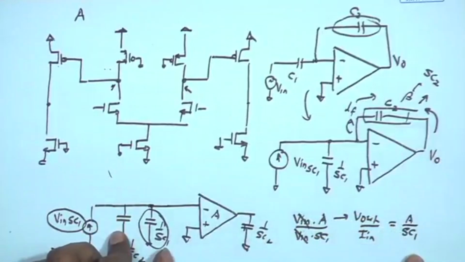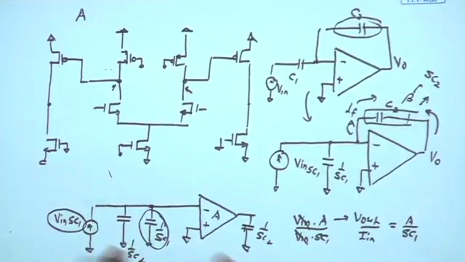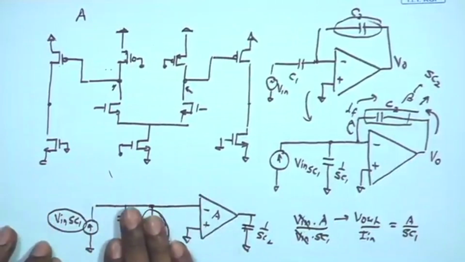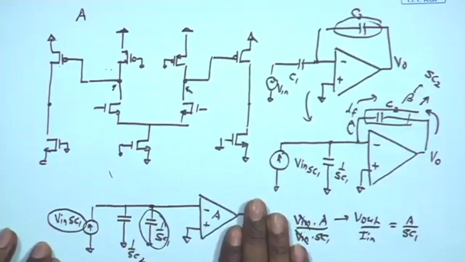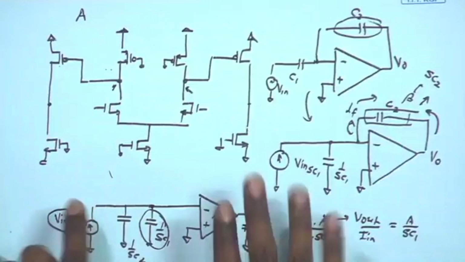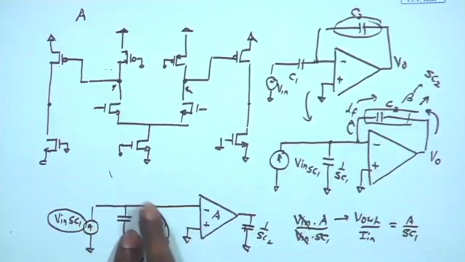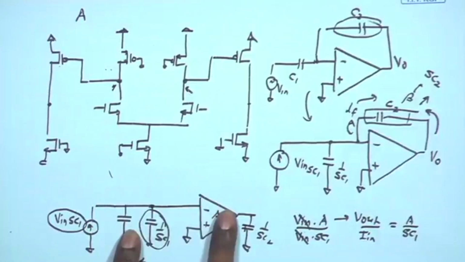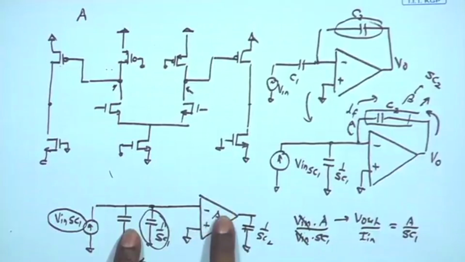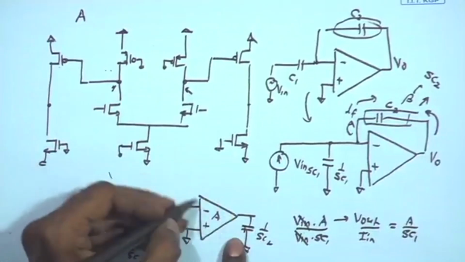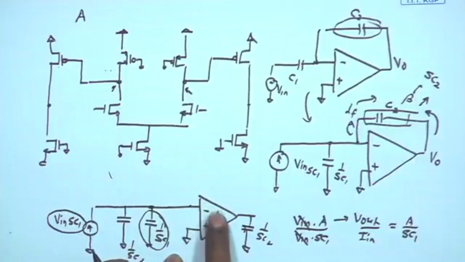This is clear, because effectively we are modeling this as a current to voltage amplifier. We are treating this as a current source. So, we are looking at the output voltage is V in SC1 multiplied by 1 upon SC1, that is V in only, V in times A, because this is our amplifier. So, V in is the signal appearing here times A, that gives us V in times A voltage over here,